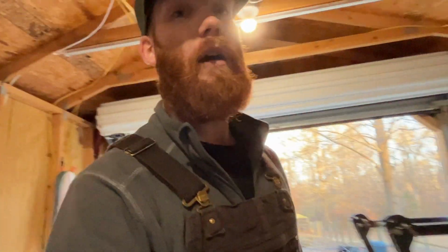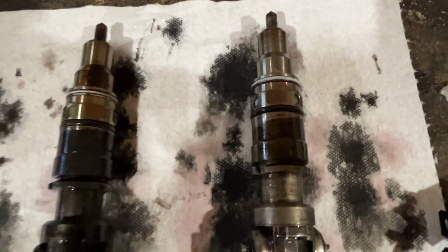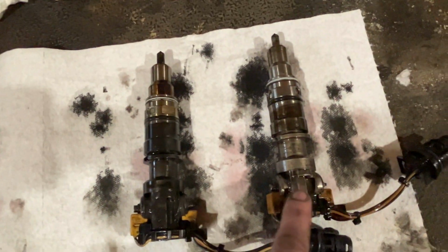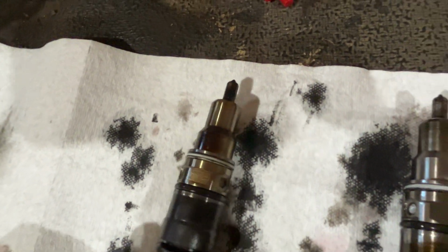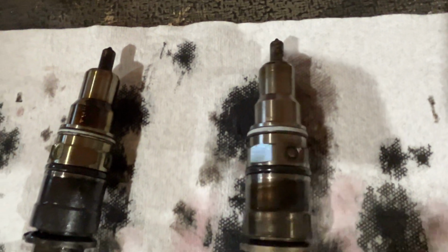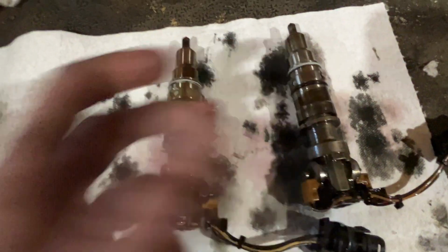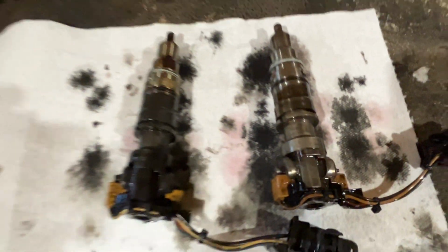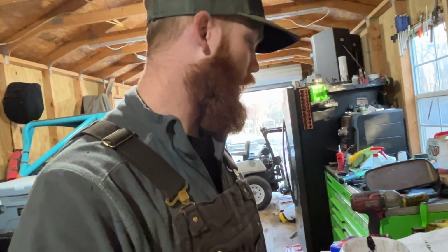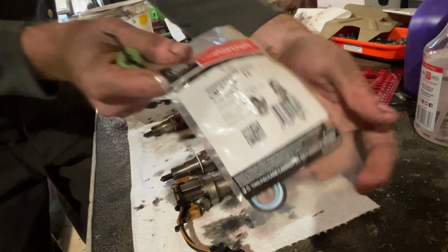But real quick, I want to show you guys a comparison between the one that was in number 8 and one of the ones that we've been soaking. Like I said, this one came out of our old single cab, our donor truck, and this one came out of the truck outside. So I mean, it looks not awful, but it's kind of hard to tell on the inside or the outside. They definitely look a little bit different, but this one's been soaking a while, so I don't know. Hopefully these ones work pretty well, and we didn't do all this for nothing. We're going to go ahead and get all these squared away, get the new O-rings on, and get them put back in the truck, see what happens. If anybody needs the part number,